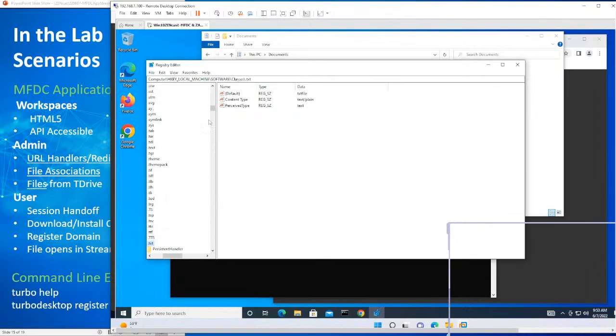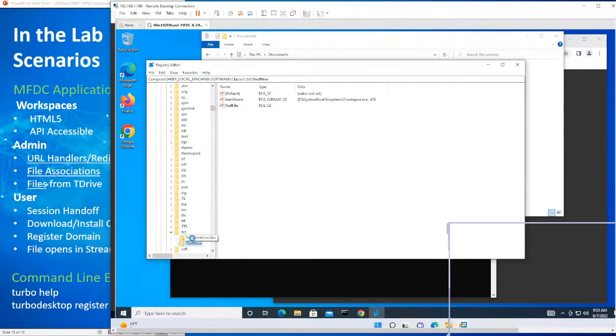I'm really confused because HKEY local machine, software, classes, that's where it shows. Yeah, I don't know why I didn't see it. TXT. Okay. Botched demo. Demo gods are against me today. So